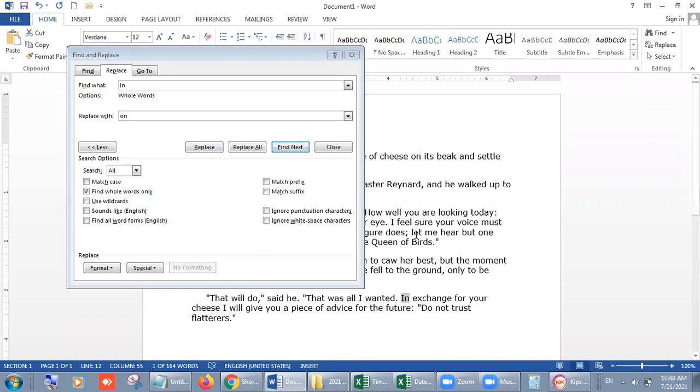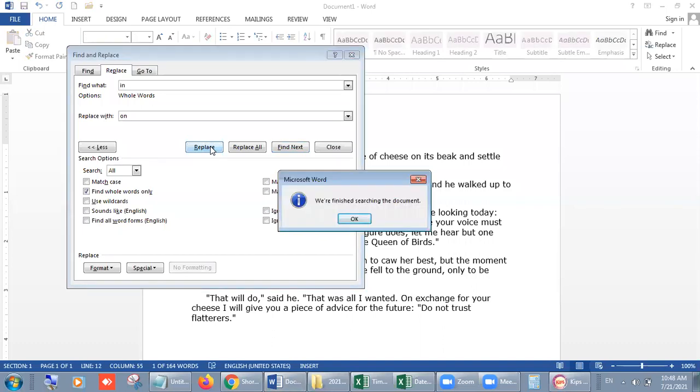एक बार आपने click कर दिया Find Next पे, after that there is no need to click on the Find Next button, right beta? Now we already selected "in" by its own. After that, if you want to change it also, then click on the Replace button. तब ये "in" "on" के हिसाब से change हो जाएगा. And after that, if there is any "in" in the document, then it will search that. Otherwise, it will show the message of how many replacements the computer has already done.